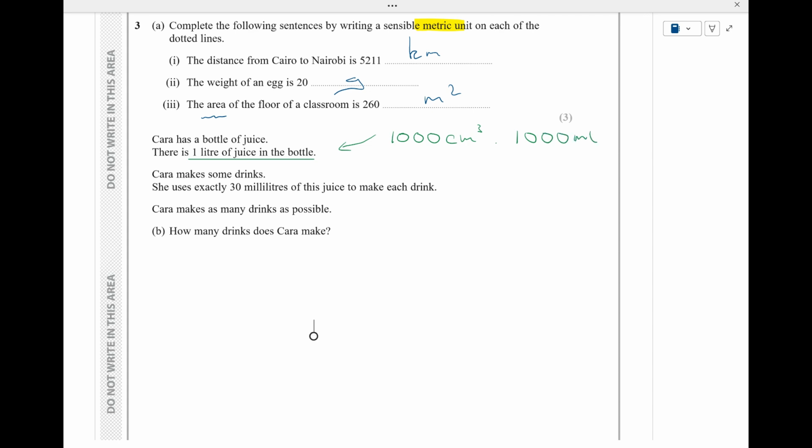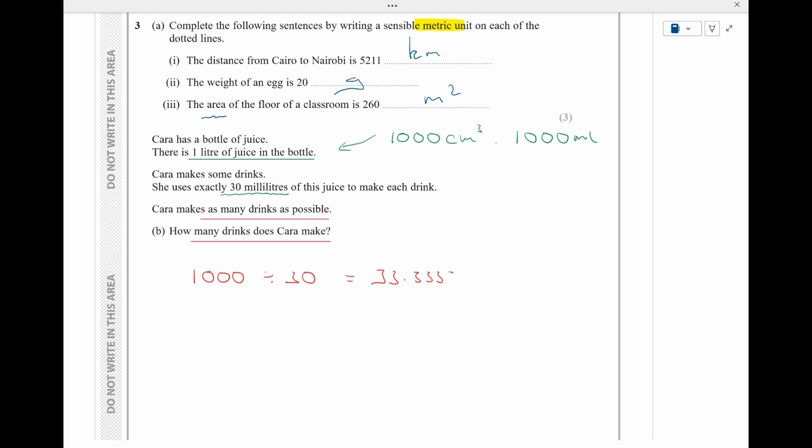Cara makes some drinks. She uses exactly 30 millilitres of this juice to make each drink. Now I'm thinking that I could work out all sorts of things, like how many drinks she could make, or anyway, let's see. Cara makes as many drinks as possible. How many drinks does she make? Well, each drink needs 30 millilitres. So I'm going to see how many 30s there are in 1,000. I'll do that on my calculator. 1,000 divided by 30 equals,